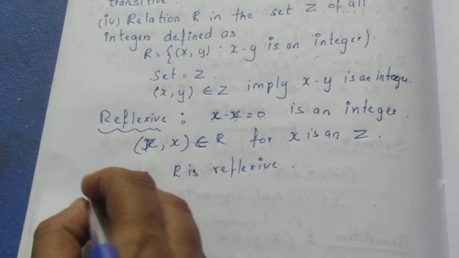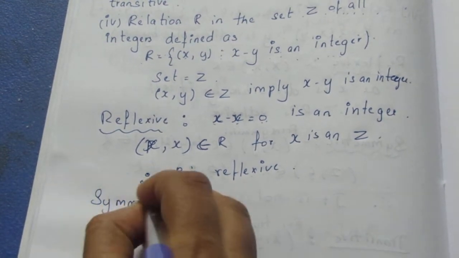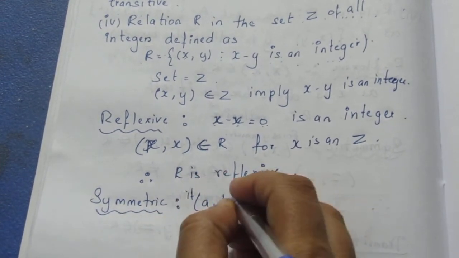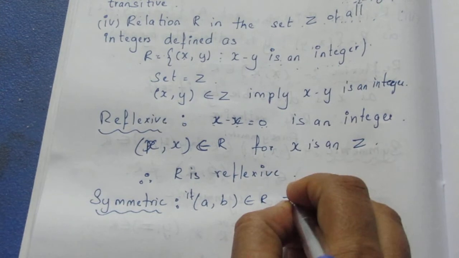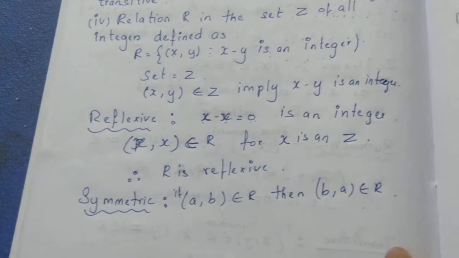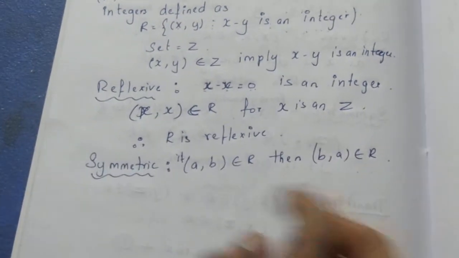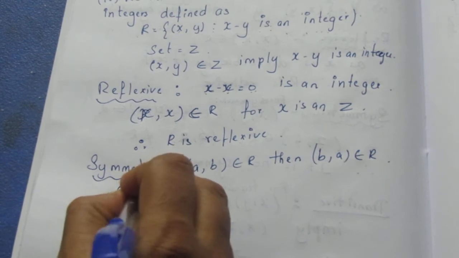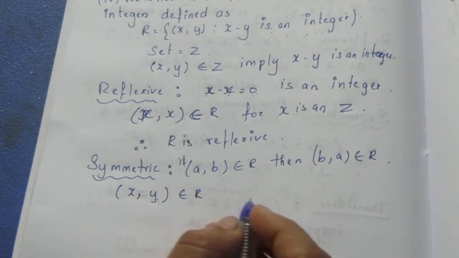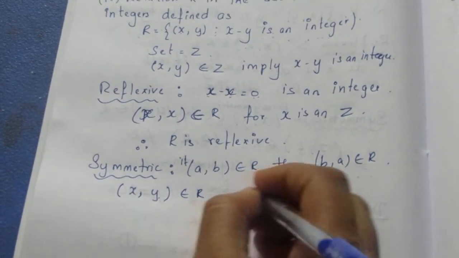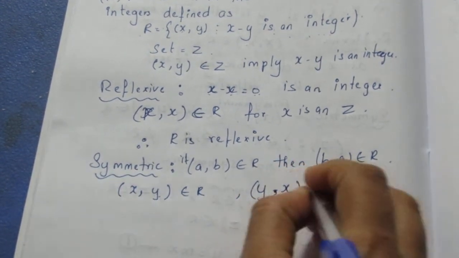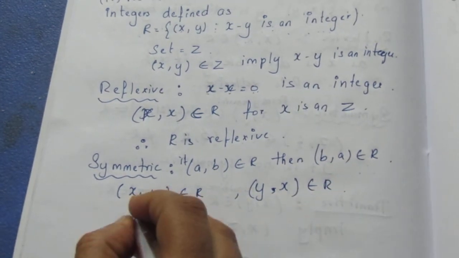Now let's go with symmetric. Symmetric, the condition is: if (a, b) belongs to R, then (b, a) belongs to R. This is the condition for symmetric. Here, given that (x, y) belongs to R, we know that x minus y is an integer, and also we need (y, x) to belong to R,